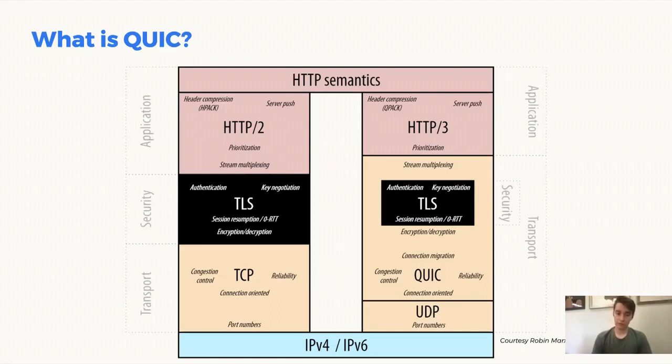On the left-hand side, we have TCP, which everyone's familiar with. It's connection-oriented, provides reliability on the internet, provides congestion control, things like that. And also, of course, provides the typical TCP byte stream semantic, which is usually exposed from something like a socket. Now, QUIC has some of the same things. It has congestion control, reliability, and connection-oriented behaviors. But what's different is that it has stream multiplexing.